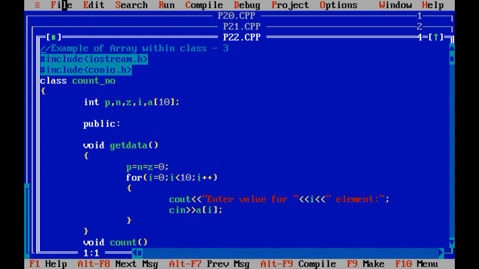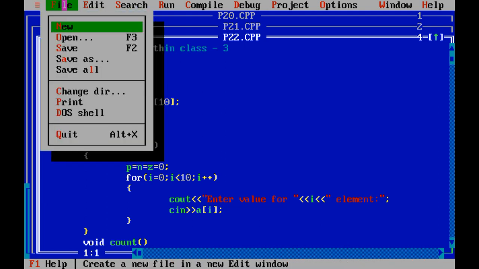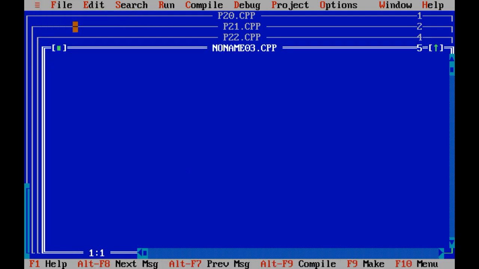One more program I want to show you, that is our new concept, which is called memory allocation for the object. Example of memory allocation for objects.